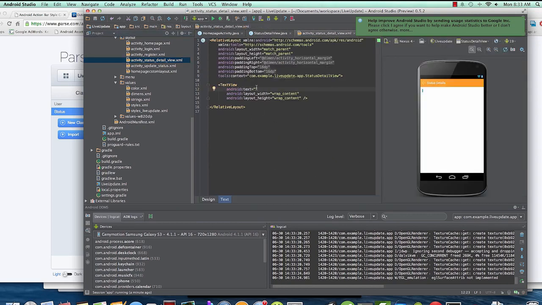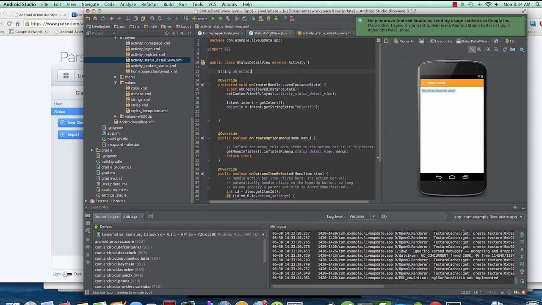And in here we have a text view, and I'm going to set this text as "object ID that started the activity." Just a long text so that we know. And I'll give it an ID of object ID that started. Just something long, you know. This is a test. I'm going to remove it anyway, but for now, I'm just going to keep it. Okay, so now